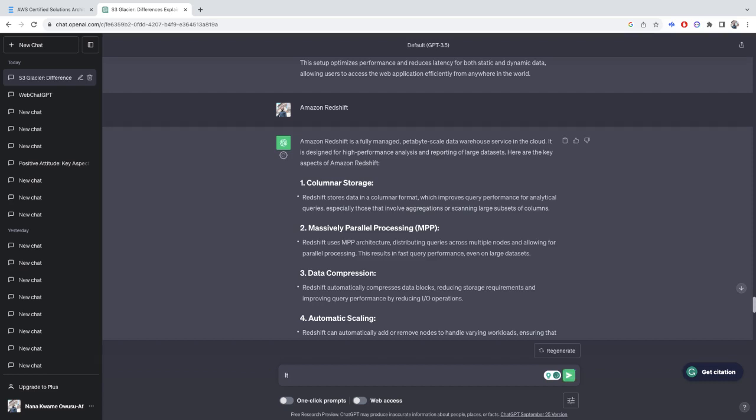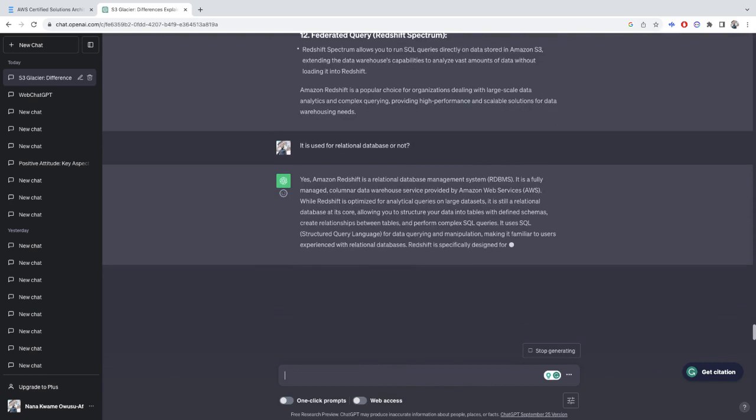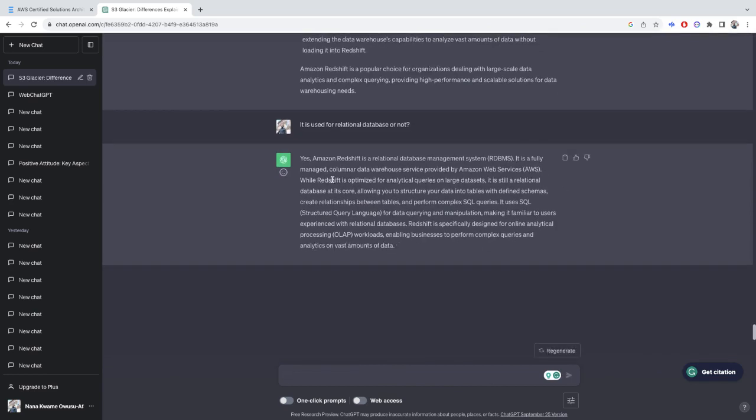Is it used for relational database or not? Yes, Amazon Redshift is a relational database management system, RDBMS. It's a fully managed columnar data warehouse service provided by Amazon. So you can see that